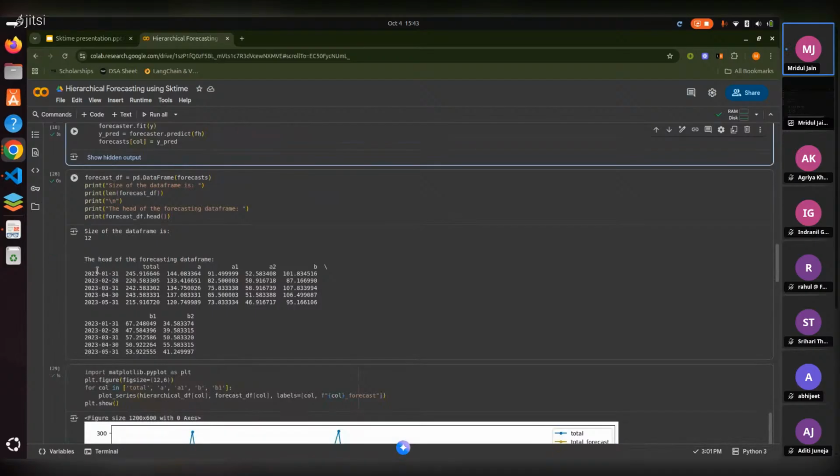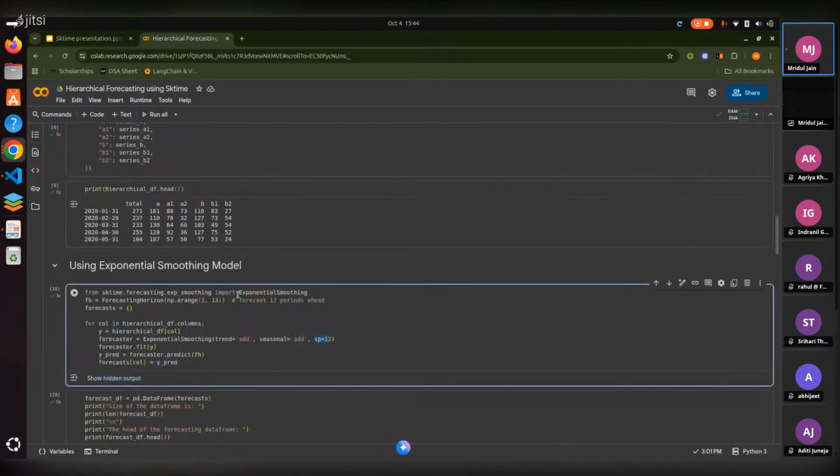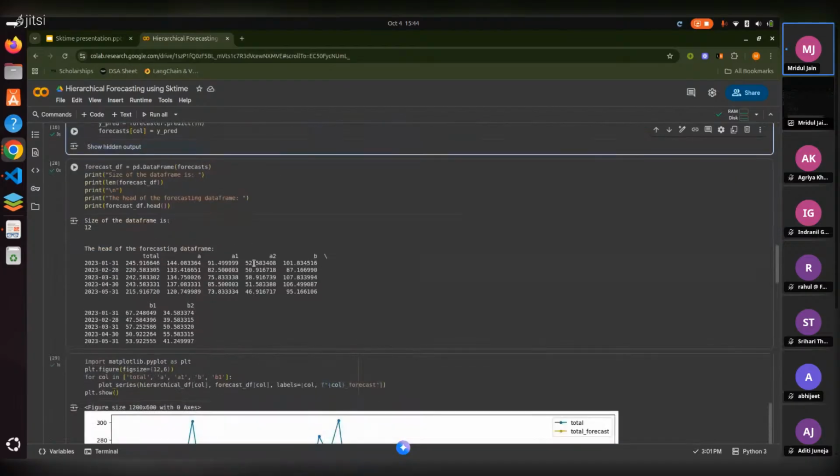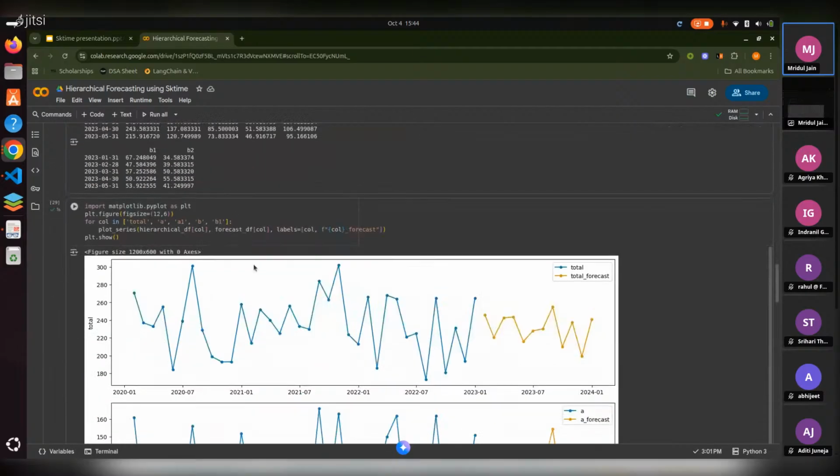We have the dates, we have the total values, we have the a values, the a1, a2, and the b values, which is basically summation of b1 and b2. So this is how exponential smoothing model works, and there are similar models which one can explore in the sktime documentation. And now comes the